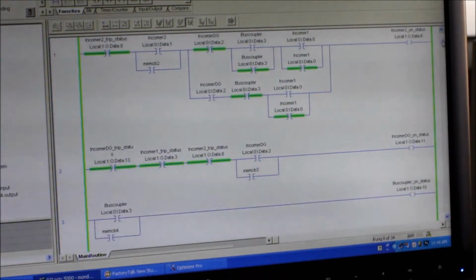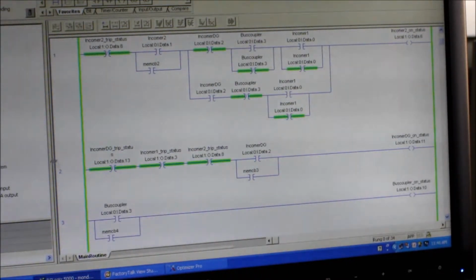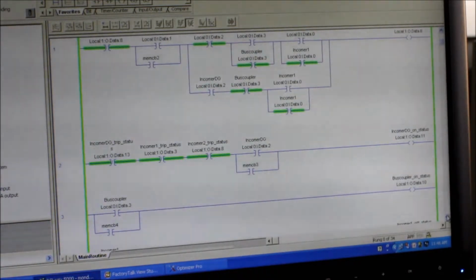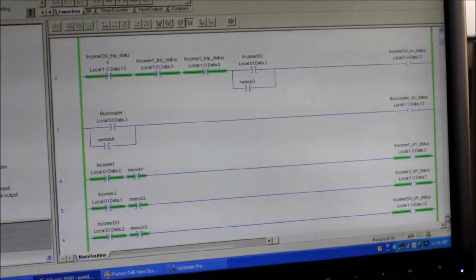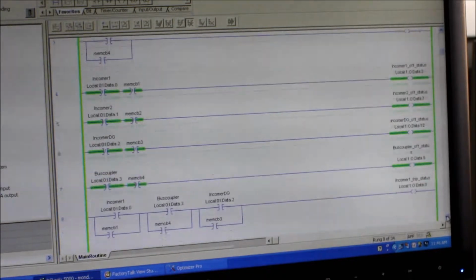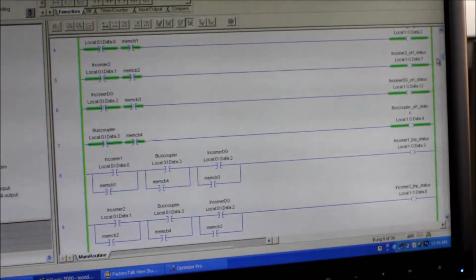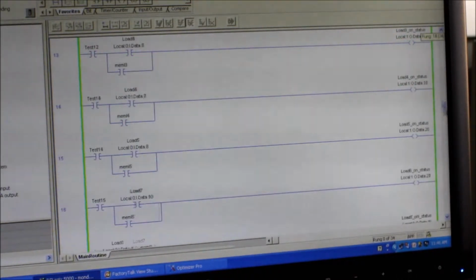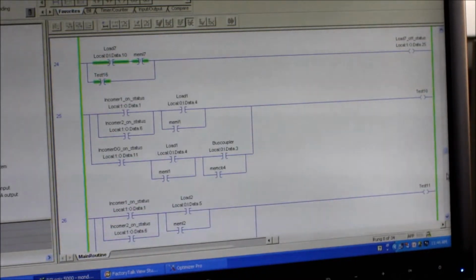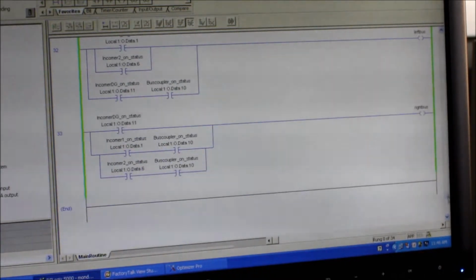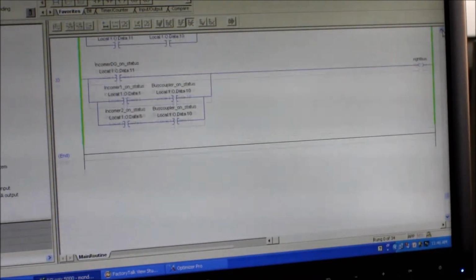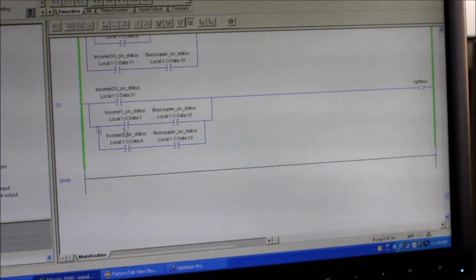61131-3 compliant interface, also symbolic programming with structures and arrays, and a comprehensive instruction set that serves many types of applications like process, discrete, batch, motion, and also safety and drive based applications. It provides function block diagram, sequential function chart, structured text, and ladder logic editors for program development. We use the ladder logic programming style for our experiment.